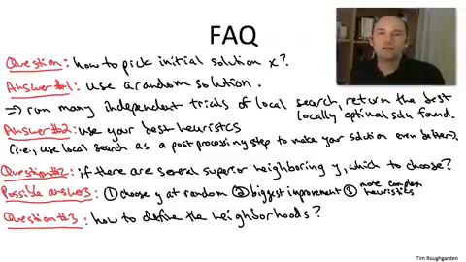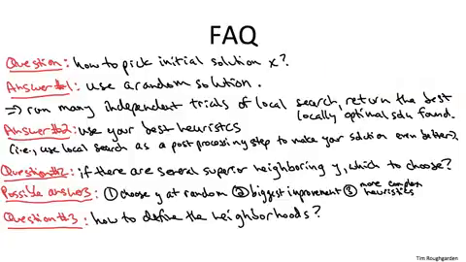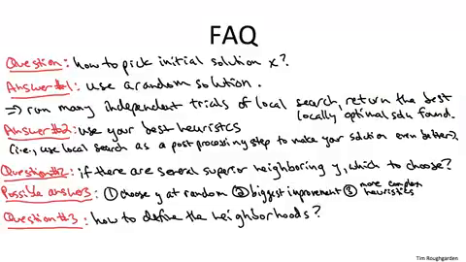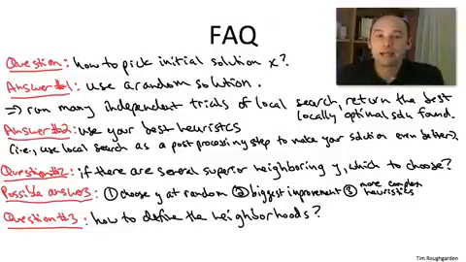One issue it's likely you'll have to grapple with is figuring out how big to make your neighborhoods. To illustrate this point, let's return to the maximum cut problem. There we define the neighbors of a cut to be the other cuts you can reach by taking a single vertex and moving it to the other group. This means each cut has a linear number, O of n, neighboring cuts. But it's easy to make the neighborhood bigger if we want. For example, we could define the neighbors of a cut to be those cuts you can reach by taking 2 vertices or fewer and switching them to the opposite groups. Now each cut is going to have a quadratic number of neighbors.